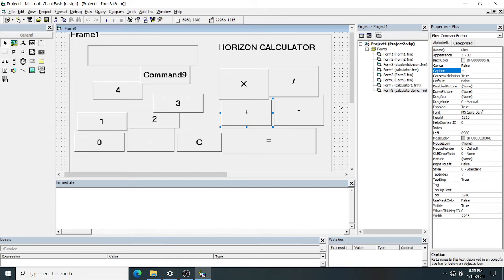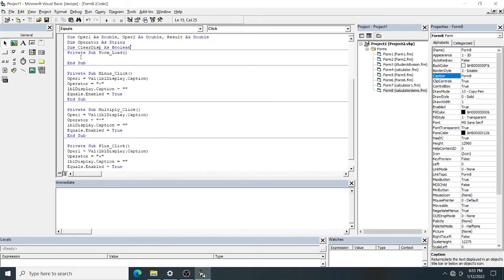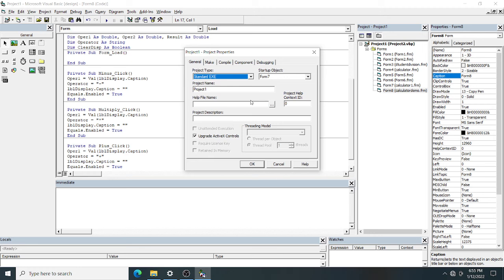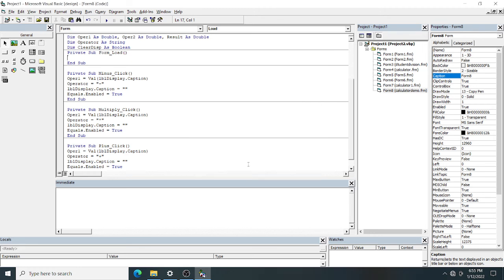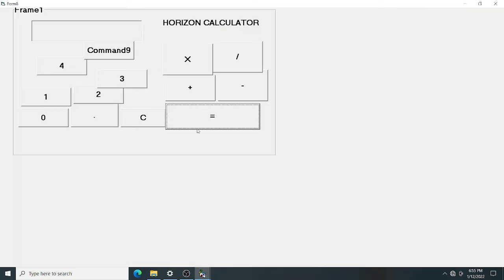Okay, so here I am going to my form. In the global variable declaration section, I will paste. And remember, if I want to execute this one at the beginning, how can I go? Project 1, and this is my demo calculator, form 8. Okay, I'm executing. You can see the equal button is enabled, but at the beginning I have to disable it.